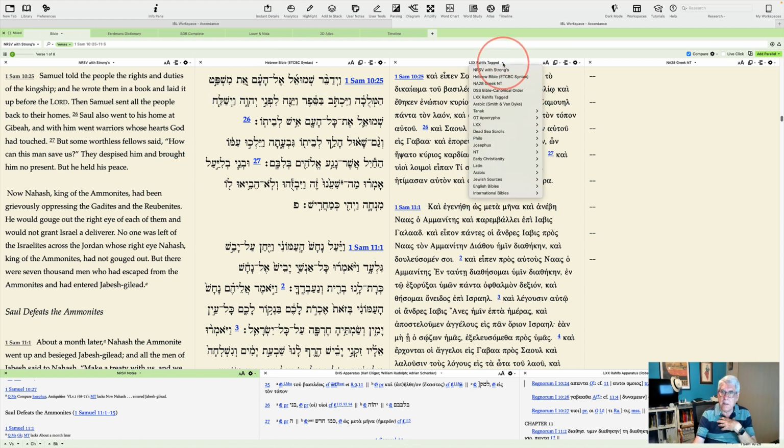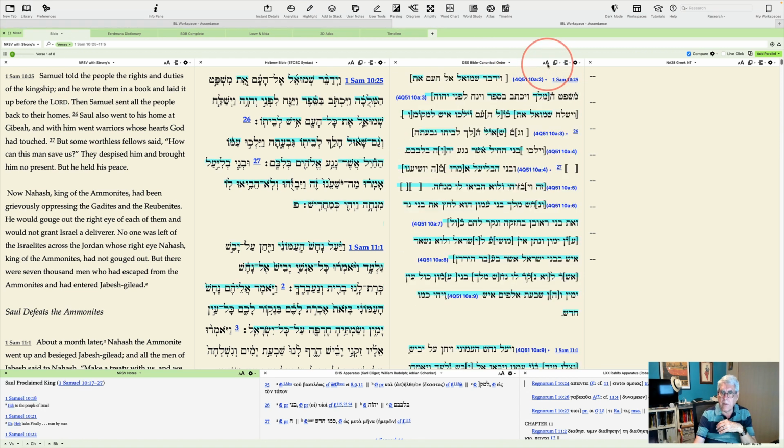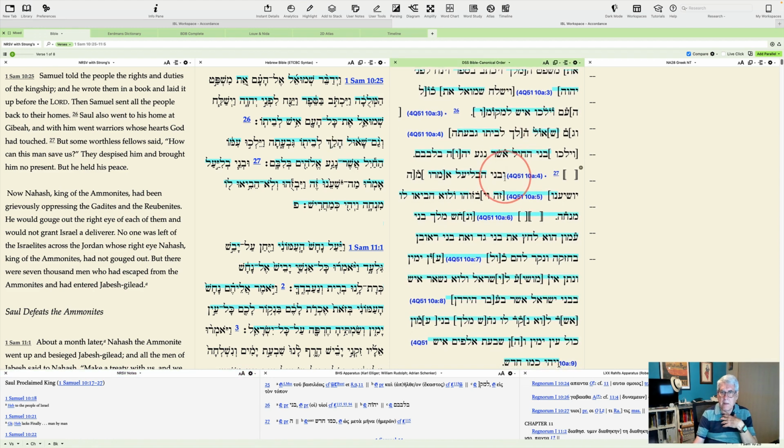However, if I change this to the Dead Sea Scroll Bible, and again whack the font size up a little bit, then we're going to find that the words which were missing, so here's verse 27 starting here, coming along, and you know, there's some textual damage. It's not a totally good text, but the text comes to an end, and then in 4Q51, which is what we've been reading from all through here, 4Q51, document 51 from Cave 4 at Qumran, then we get, again, the